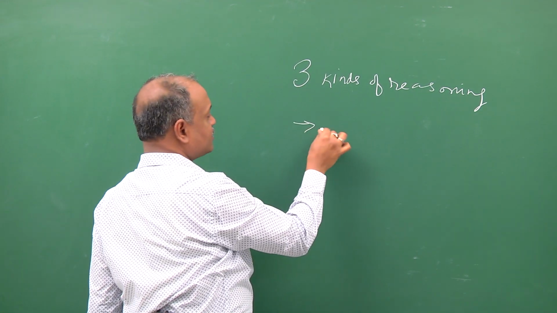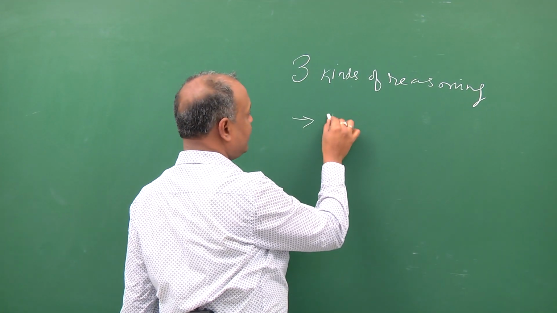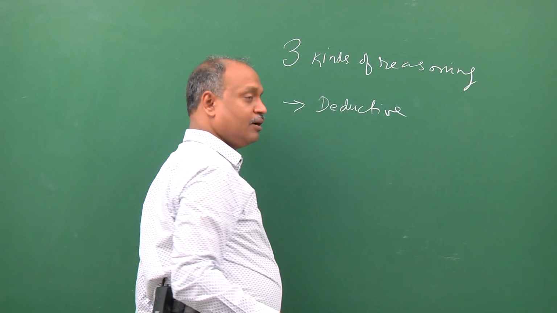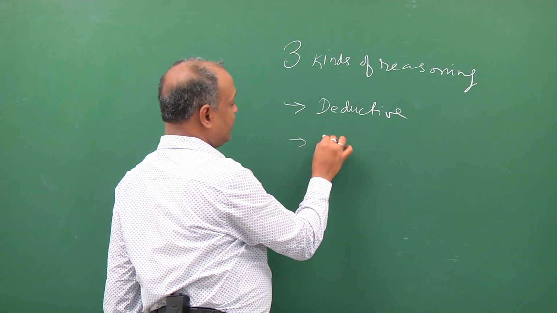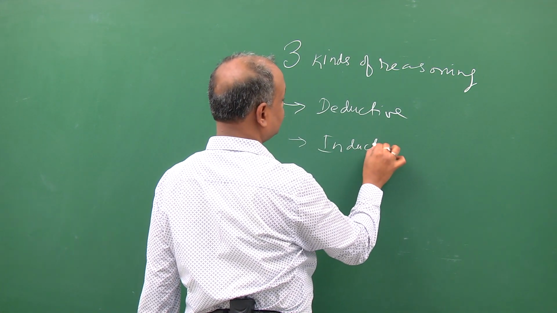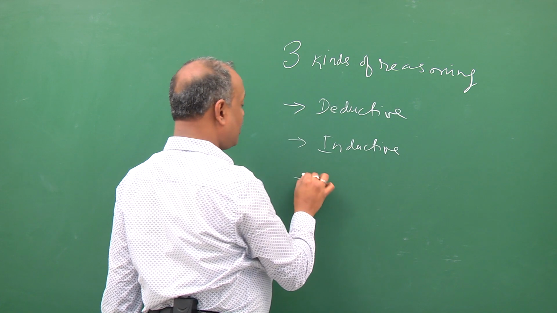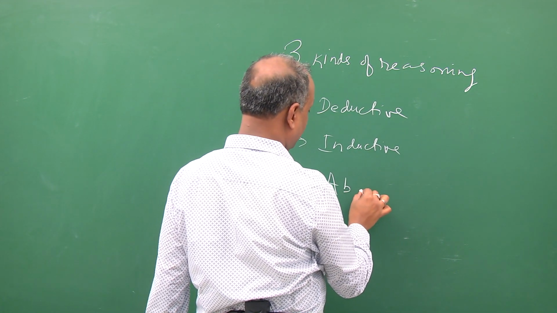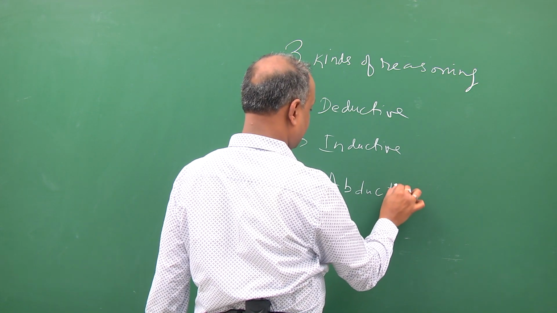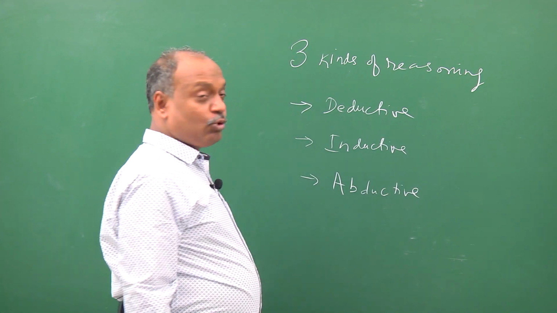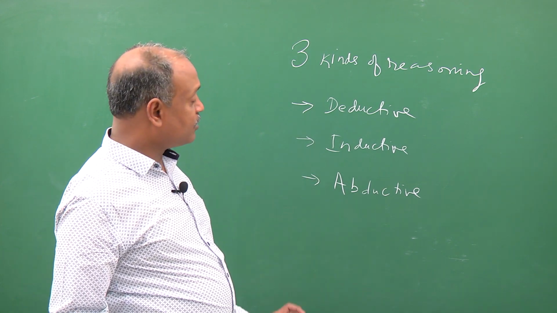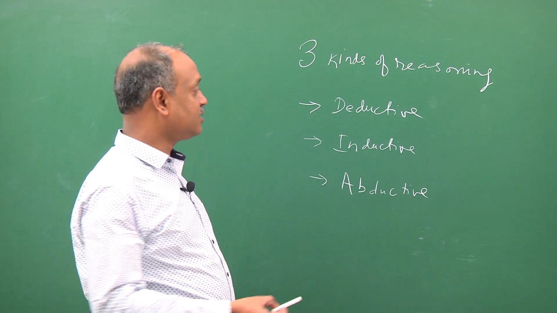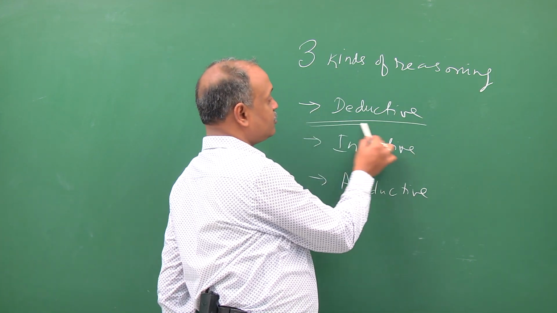The first one is what is known as deductive logic or deductive reasoning. The second one is what is known as inductive reasoning. The third one, which is also quite useful in areas like diagnosis, is called abductive reasoning. Let's look at each of the reasoning scenarios and see where they're applicable, how humans use them in normal circumstances, and how AI systems are built to use any of this.